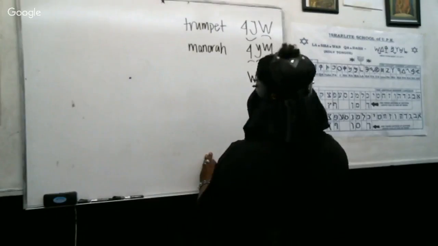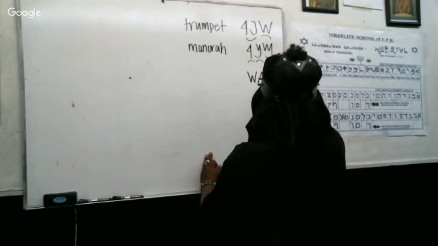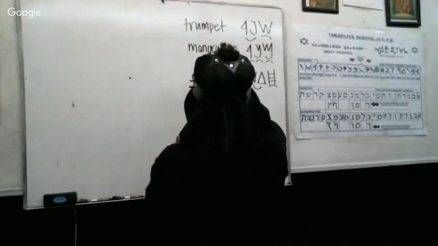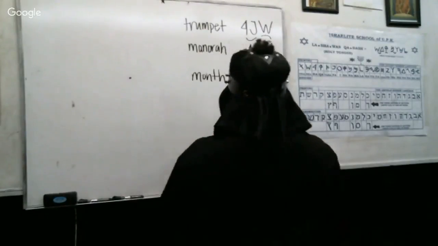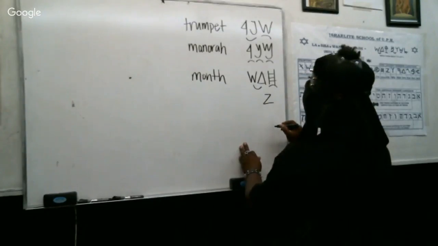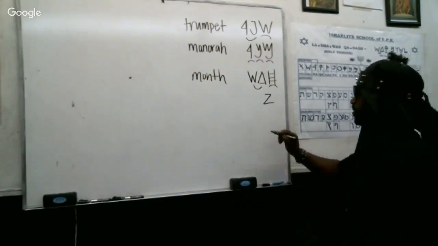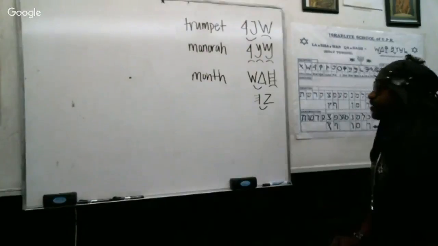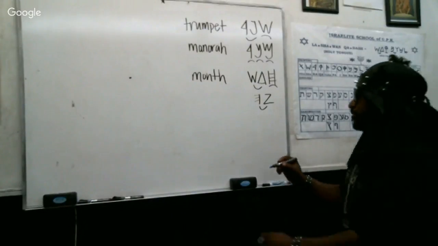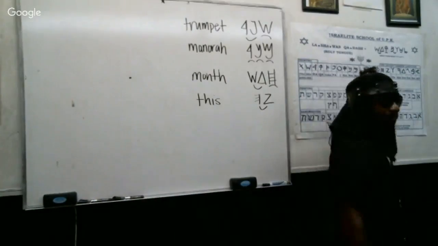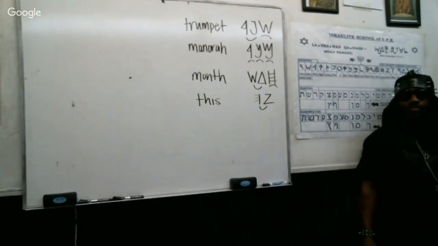If we run out of time, I can throw it up there. Qadash, put month. After that, put za. No, I'm saying za, like z with the. Okay, let me say it like that. There you go, brother. That's what I was getting at. It means this. And if I was to say za yawam, this day. That means za yawam.